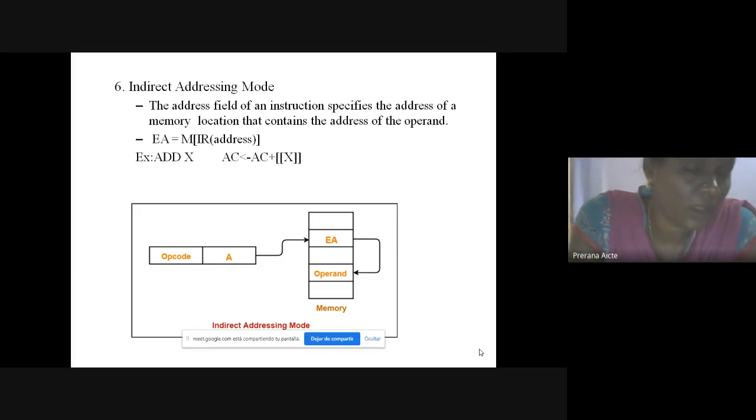The effective address equals the memory address of the operand. For example, add X. X is the memory location address that contains the address. That operand is added to the accumulator and the result is stored in the accumulator.